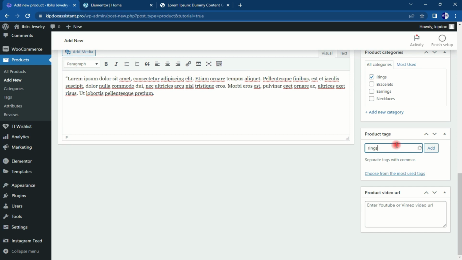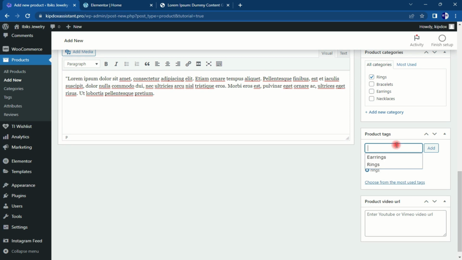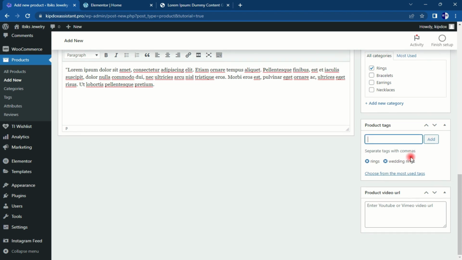You can put wedding rings and others. If you want, if you add a video description, a video link, either YouTube link, either your website, either your ring video links that you've uploaded into your media, you can just copy the link